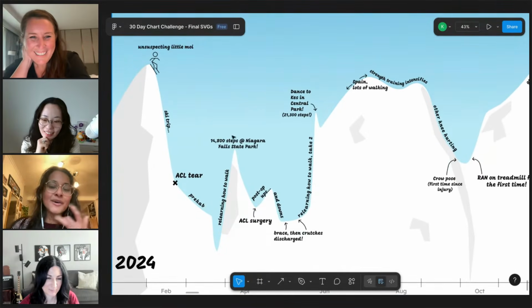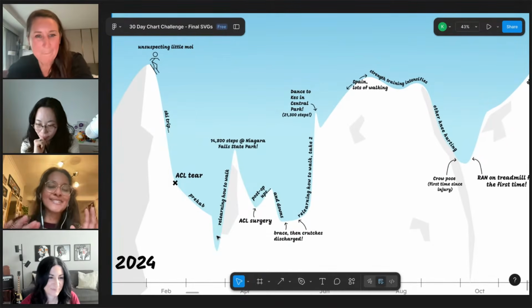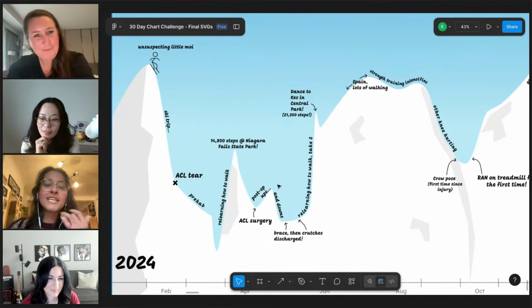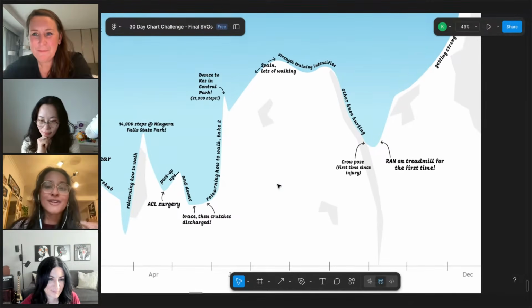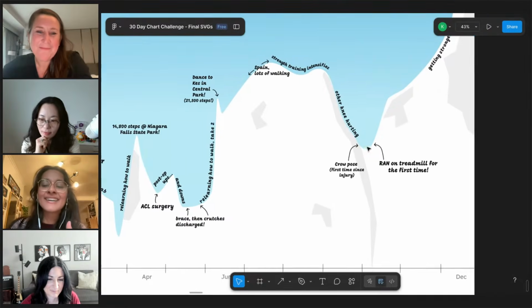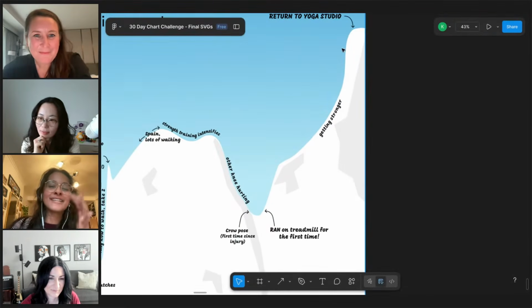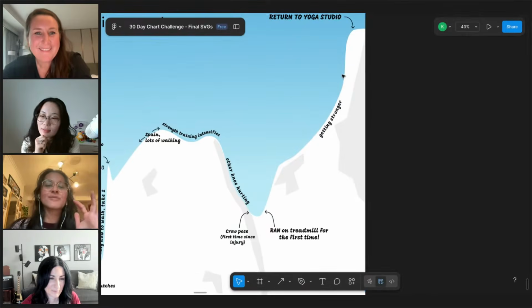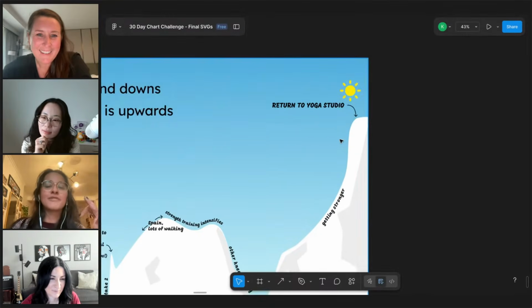But then, like all of these, relearning how to walk, I'm doing text that is just vertical, essentially just all over the place. You have to turn your head to read it. But it really reflects how difficult the journey was for this year, like ups and downs. Finally, this very final, okay, yes, we're making it. We reached the top of the peak.